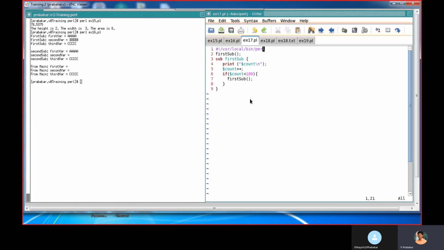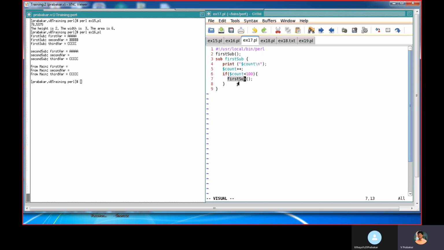This example 17.pl. The subroutine name is first sub. Okay, we are calling once, and inside that first sub, we are calling the same subroutine. How many times are we going to call? When the count value is less than 100, so it will happen for 100 times.